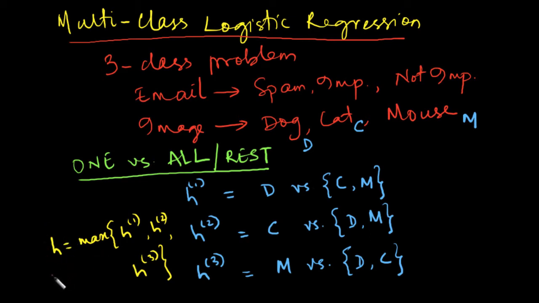Whichever of these three values is the highest, that will tell you which category a particular image lies in. So if you have k number of categories, you will have to do k such binary classifications. So this is the simple one versus all method where you can use binary classification to solve your multi-classification problem. There is another method which one can use for this multi-class classification problem, and that is called the